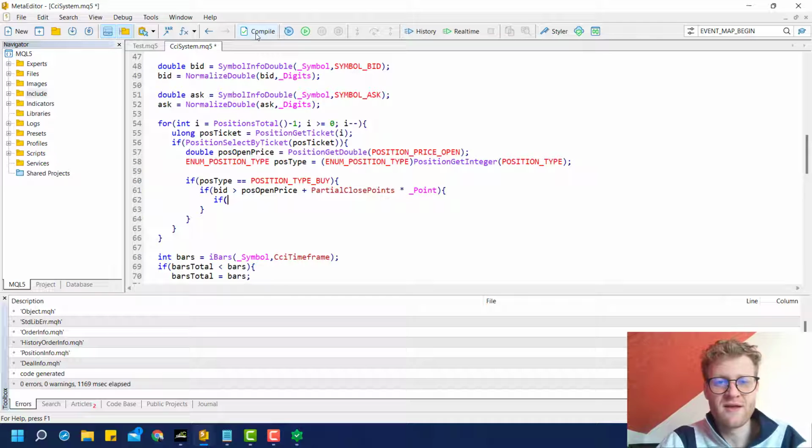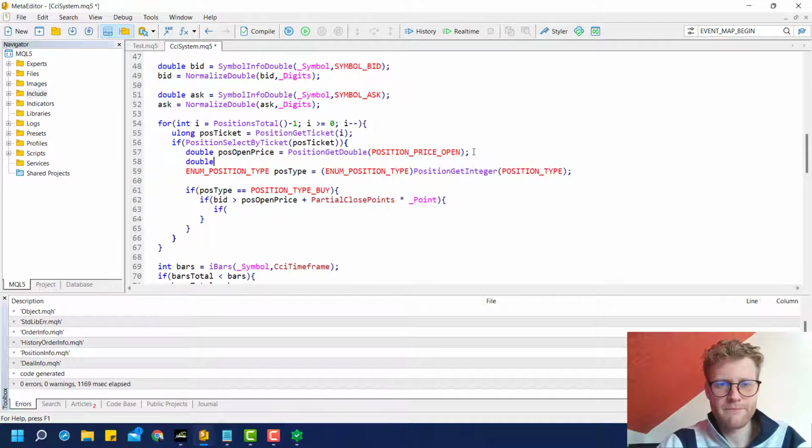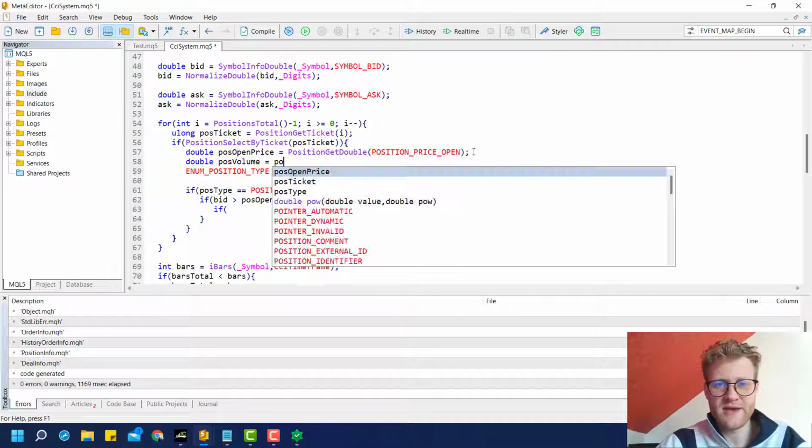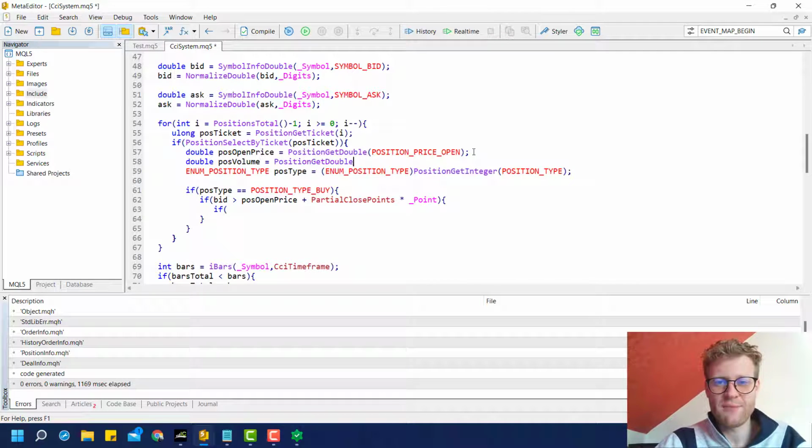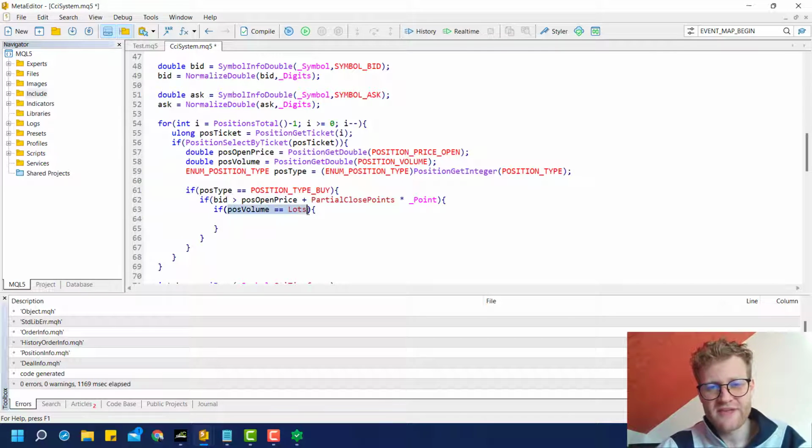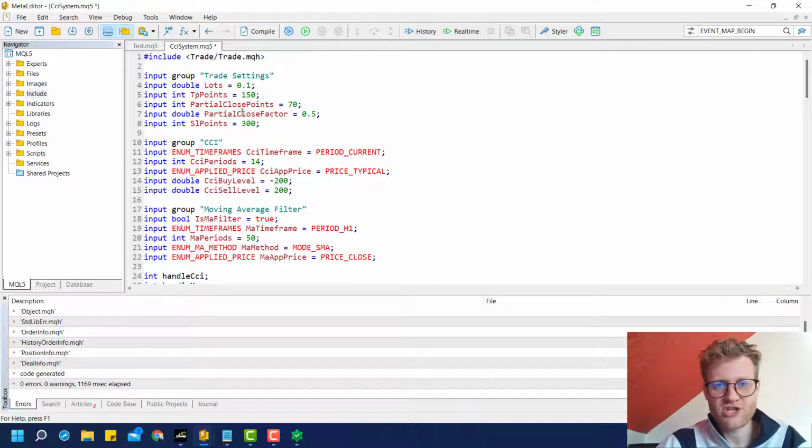So first of all, we check the position volume. So double position volume, and we can use the PositionGetDouble function for this because it is a double value, of course, it is the lot size. So we check if the position volume is equal to the lots input, because this means that the position was not partially closed already. Then we calculate the lots that we want to close. So we take the position volume multiplied with this partial close factor like this,